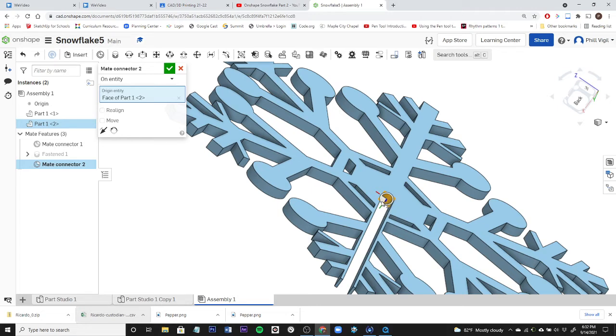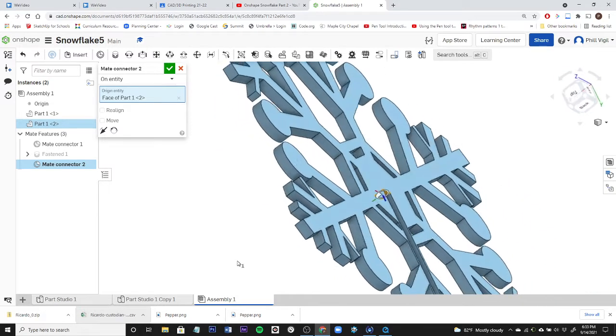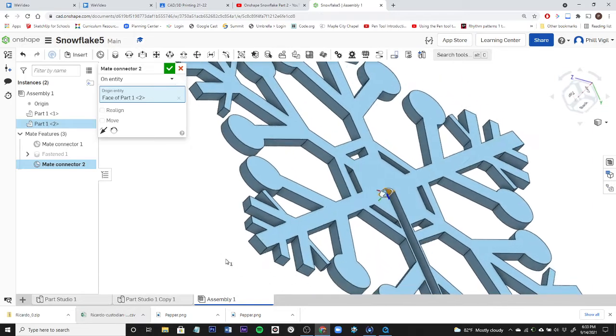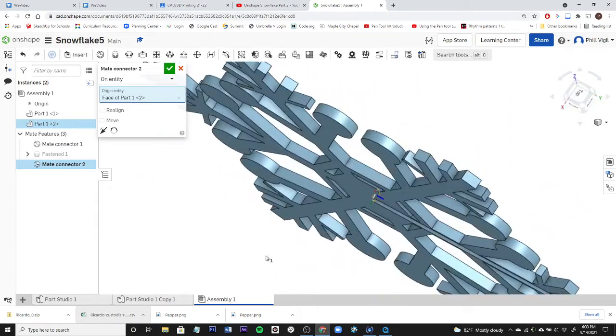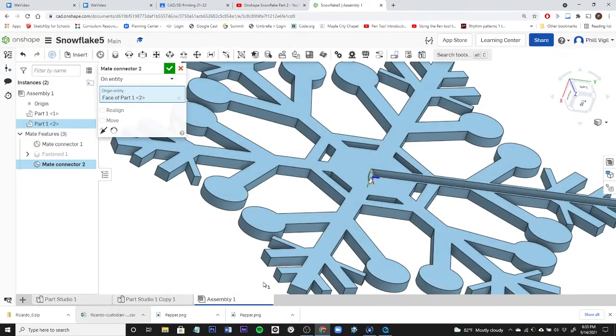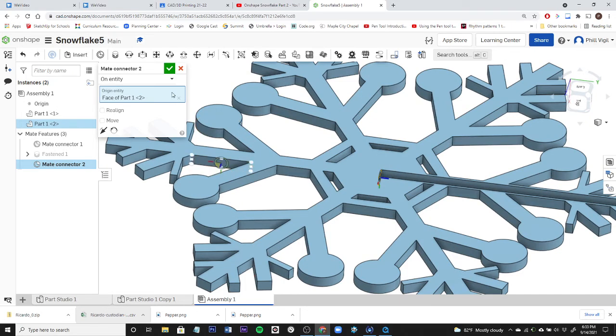If I put the two parts together, the Z, the blue rod on here, is going to be pointed towards the top. So I'm identifying that sort of as a relative top to the parts. So I'm going to make sure that the other mate connector is pointed towards the top. So I'm going to click the check mark on this one,